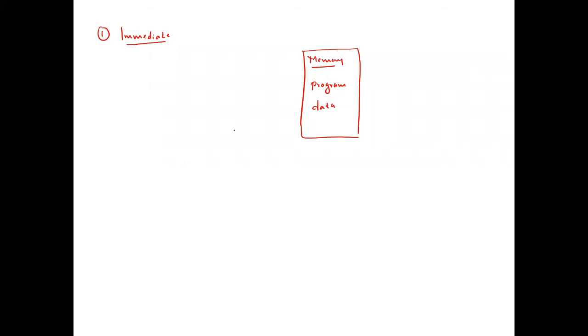And here we have a processor. Whatever program we write is stored in the memory. And once the processor starts retrieving our information, that information can be a program or it can be data, right?